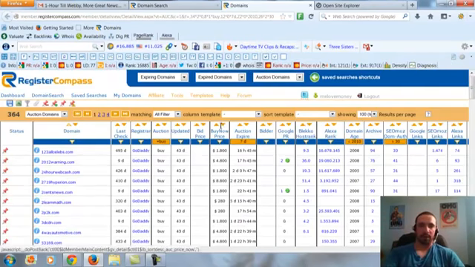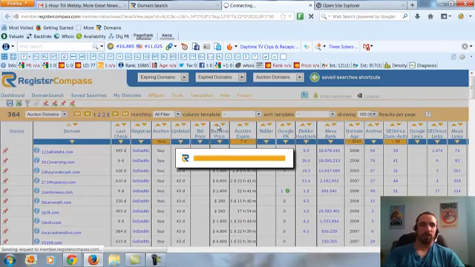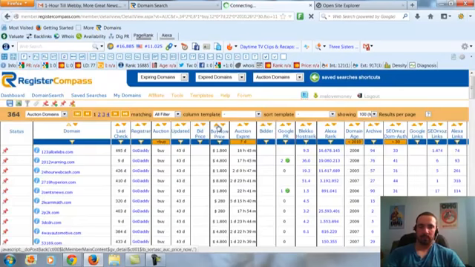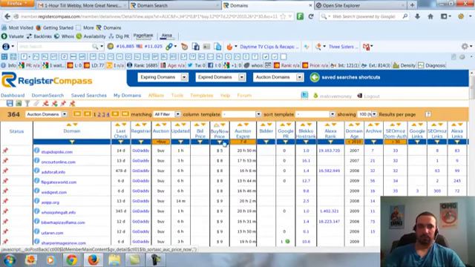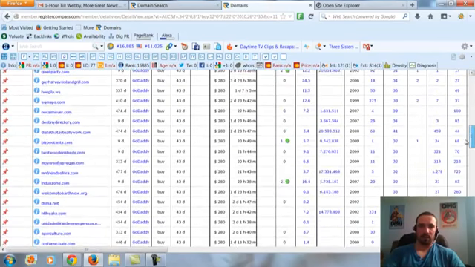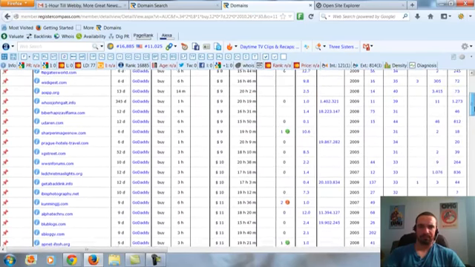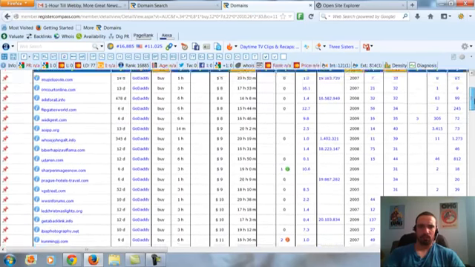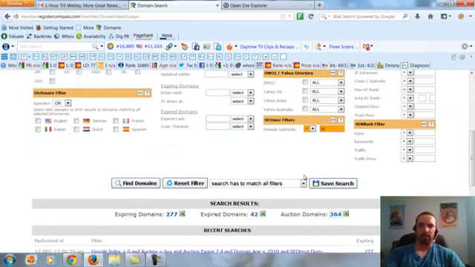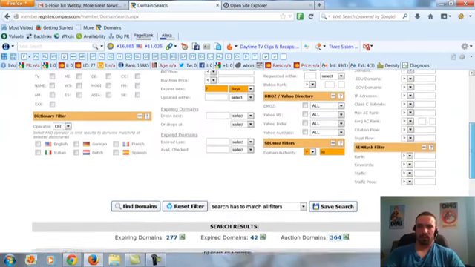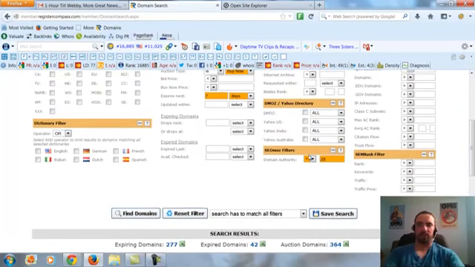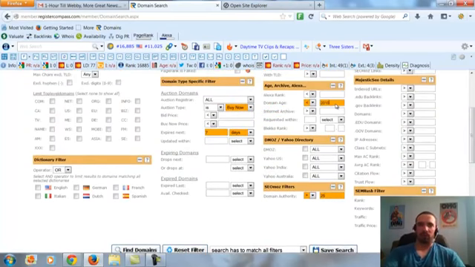So what we can do is organize by the lowest. So we'll get the ones that start at like $5. Alright, so we got one at 5 there. A few at 8, 9, 10. There's not too many of them there. But what we could do is maybe try changing this down to like 25 or something, and just kind of expand that.